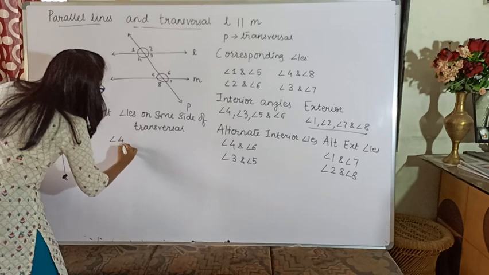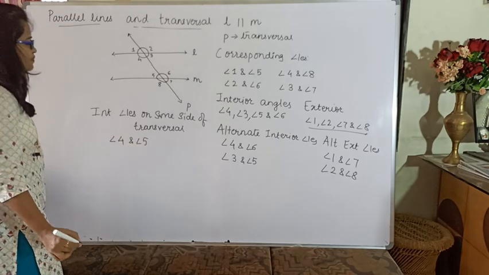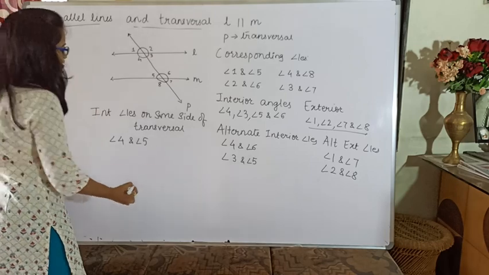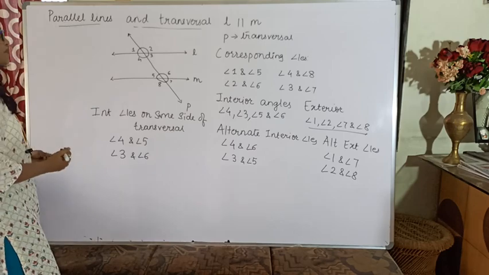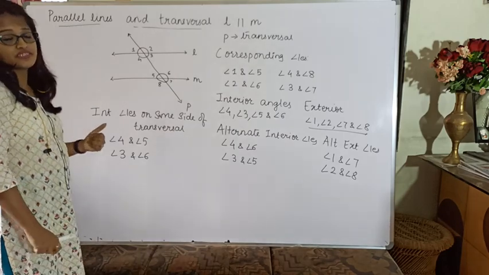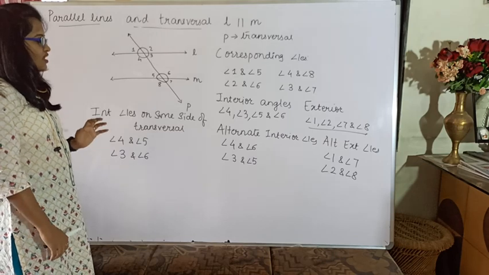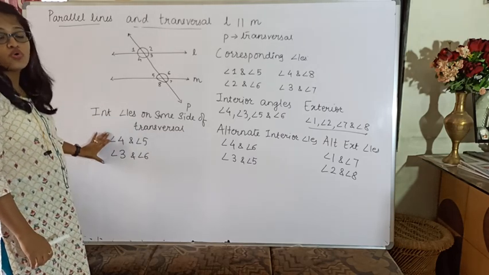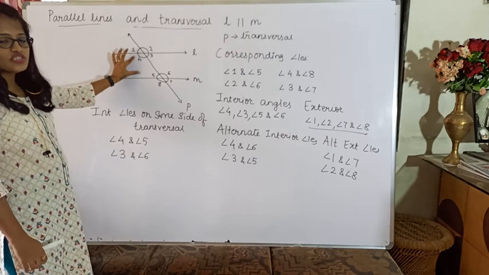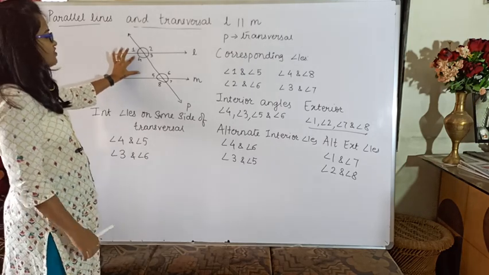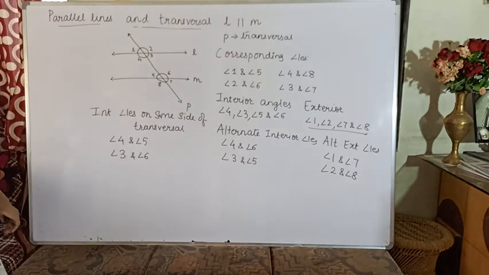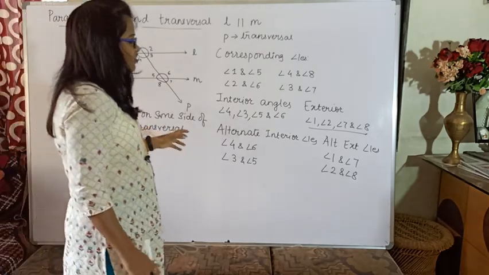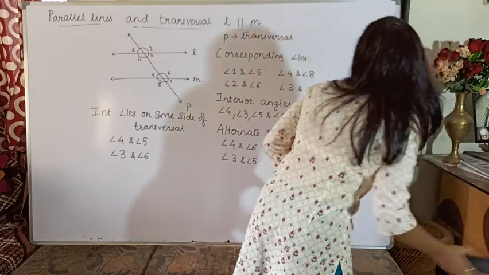So angle 4 and angle 5 are the first pair of interior angles present on the same side of the transversal, and angle 3 and angle 6 are another pair of interior angles on the same side of the transversal. These are also called co-interior angles, or consecutive interior angles. Okay, so you have already learned or seen all of this. Now let us look at the first